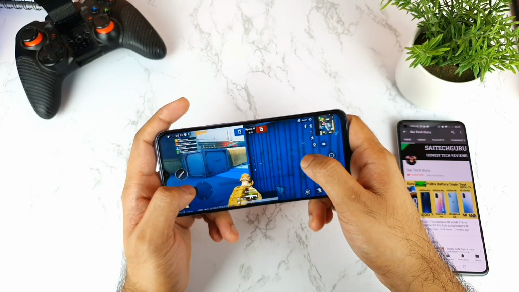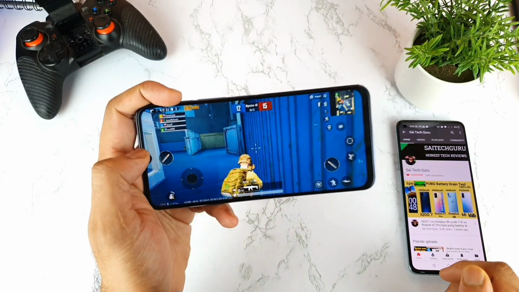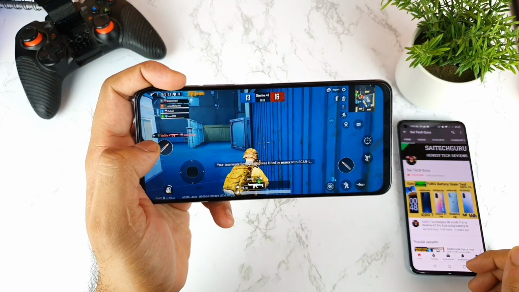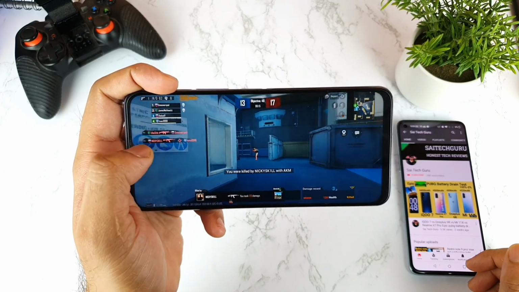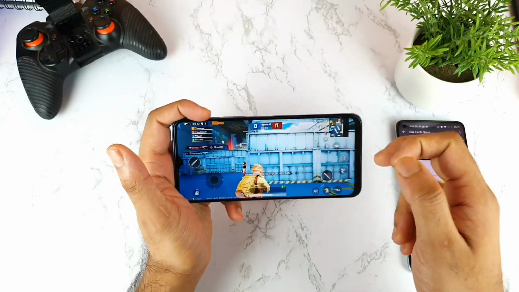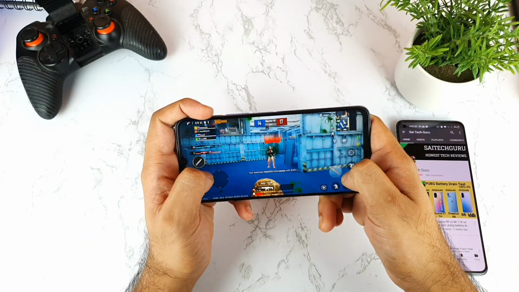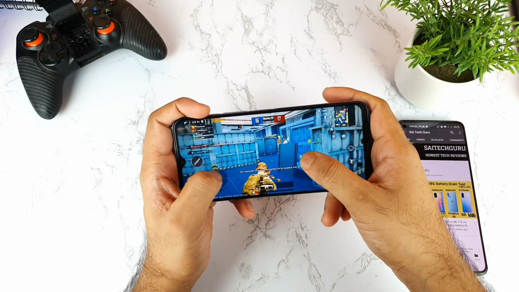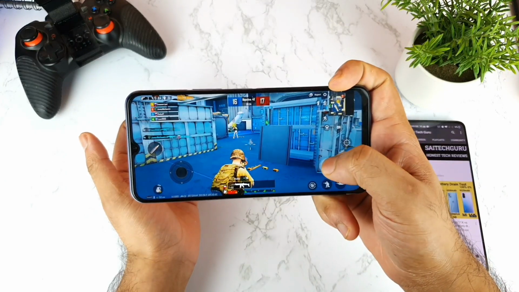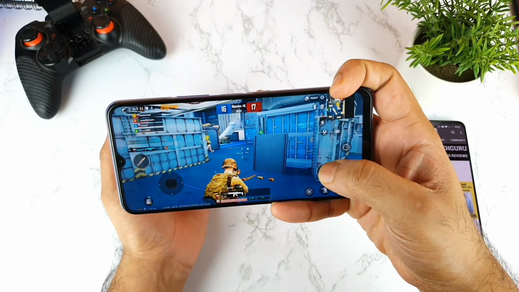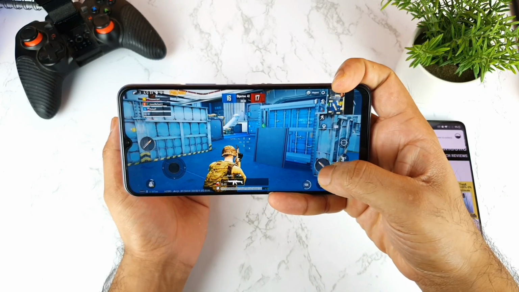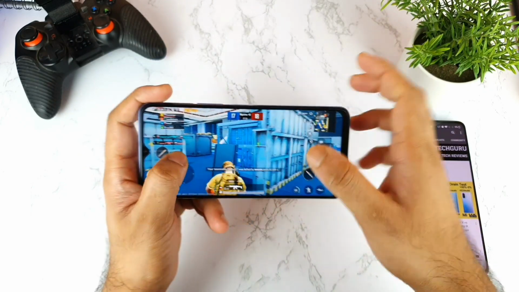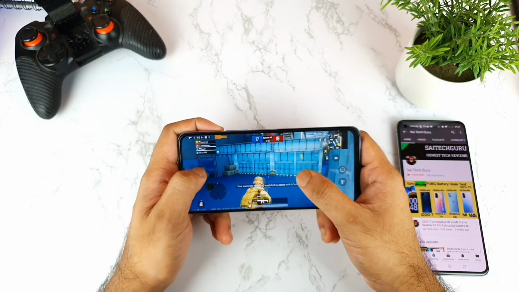And let me try to do another test: if I try to fire on the left side, will I get the vibration feedback on this side or not? Yes, I'm actually getting the 4D vibrations. I can actually feel the vibrations coming from this side, not only from the bottom. Previously in the OnePlus phones, I only observed haptic feedback from the bottom, but in this phone I'm getting it from the sides. Let me do it again. You need to be really precise with the vibrations as well, friends. So yes, it's a 4D vibration. That's a really good advantage in this phone.